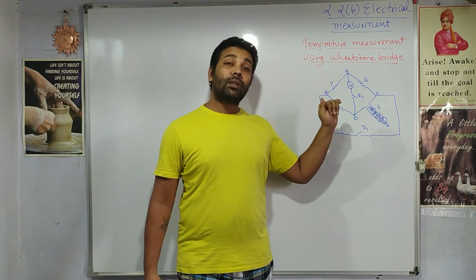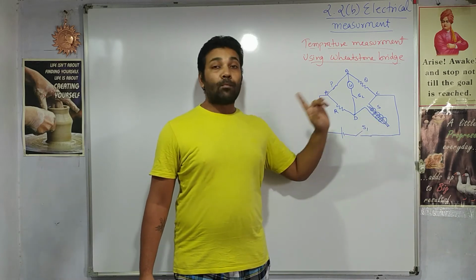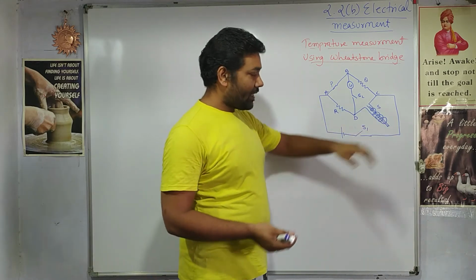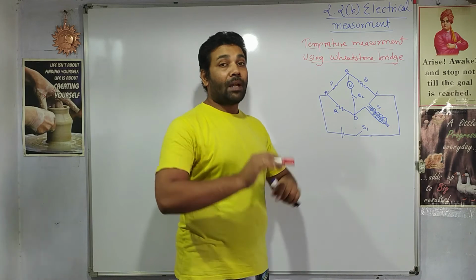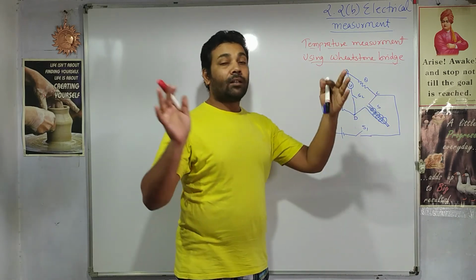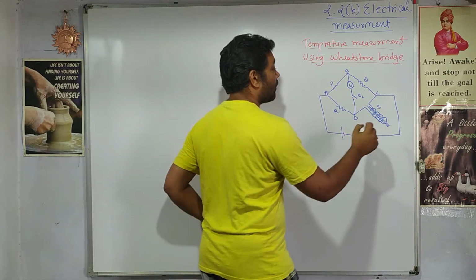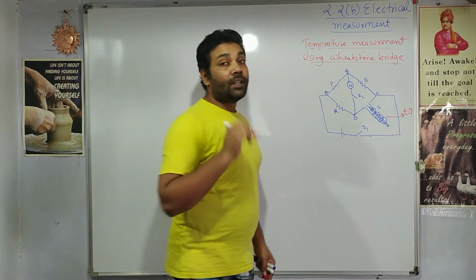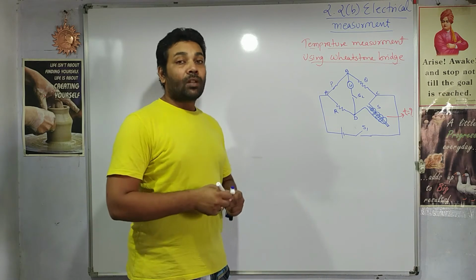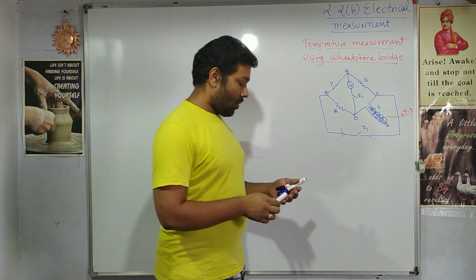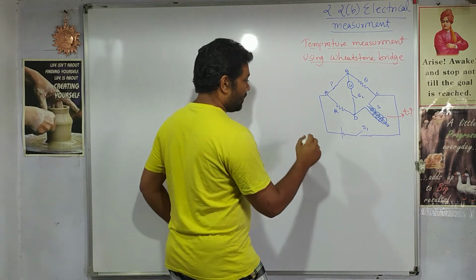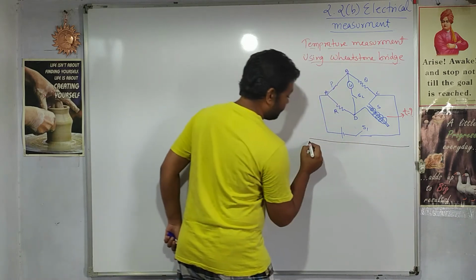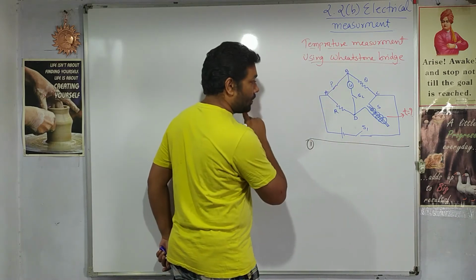So let us see how exactly we will measure the temperature. Let us say this wire has been placed into some atmosphere. Let us say the wire is placed in this room and I want to find out the current temperature T exactly here. I can do it very accurately. There are some 3 to 4 steps involved. Let us see them.